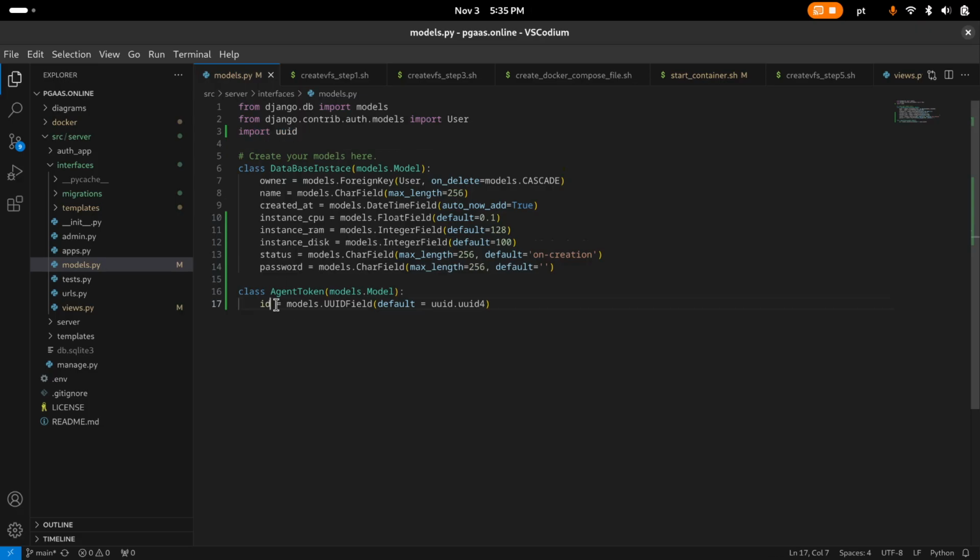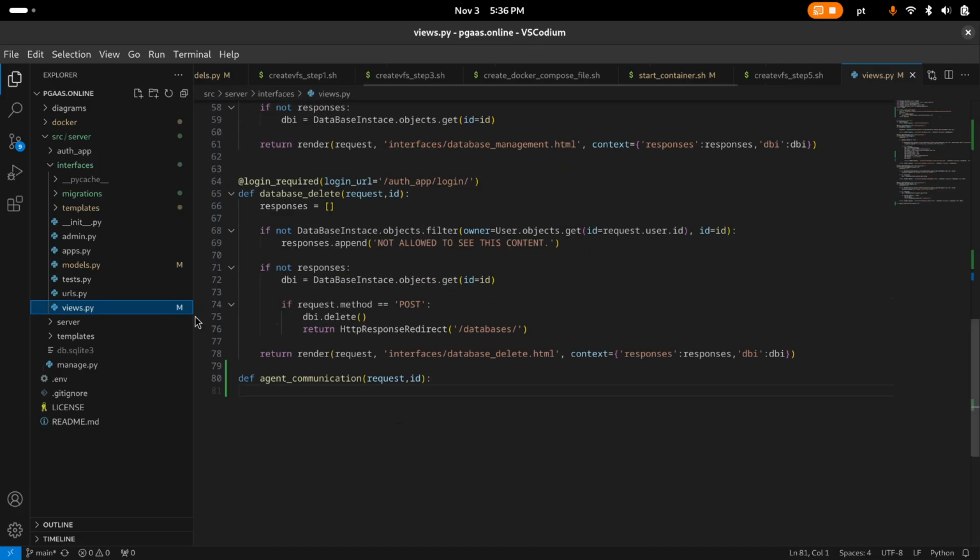So using UUID, we'll have here UUID. And this agent, I really would like to have it being identifiable. So name equals character field. Default. Okay,